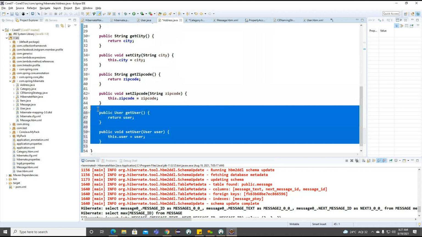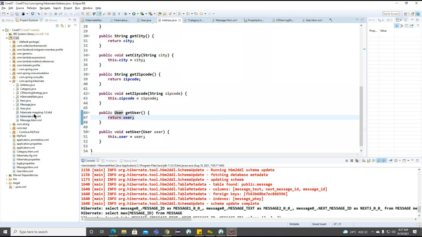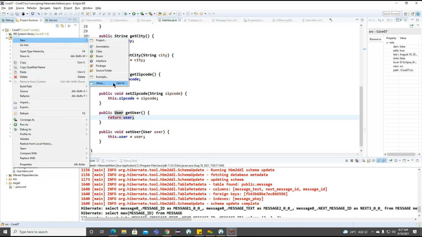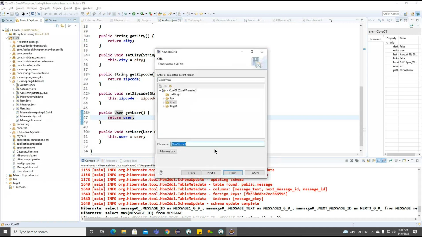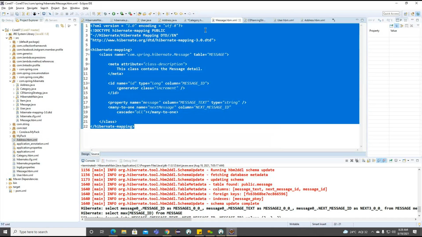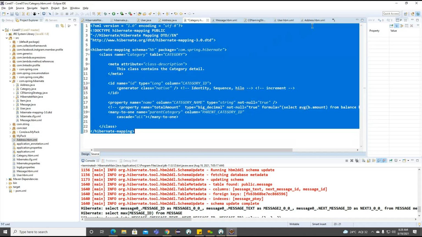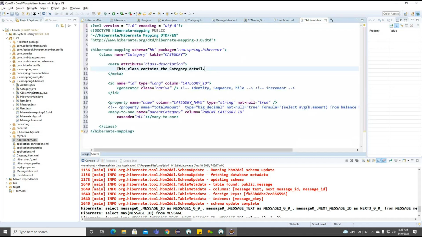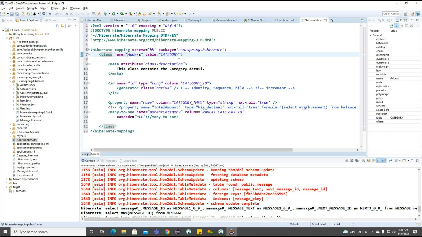Now you can see here we are inserting user related information, and we need to create one mapping file for this particular address here. XML mapping, address.hbm.xml. Address table,